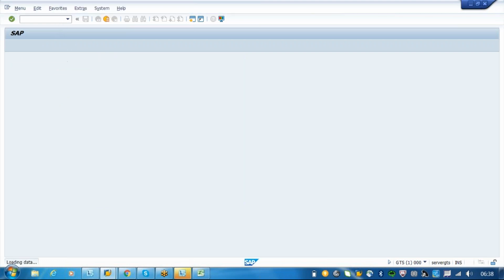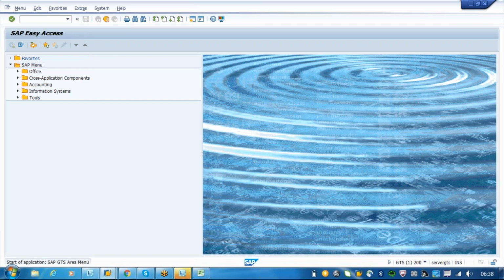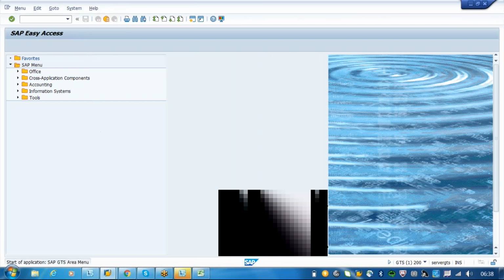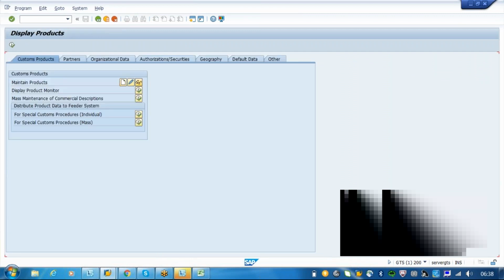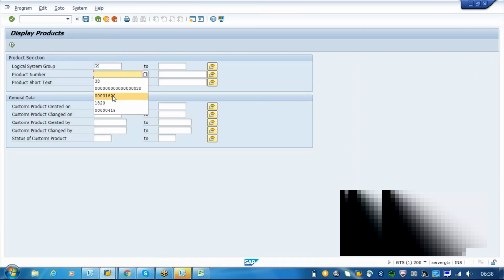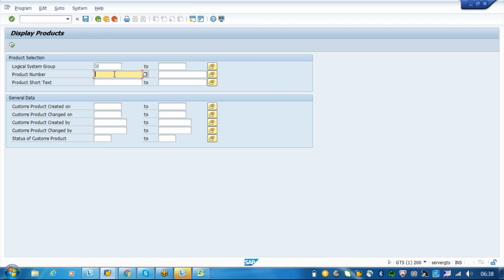I'm going to a material here. Legal control is a transaction; go to the product master. It's a product. Based on the material, we'll take another material, M-16.